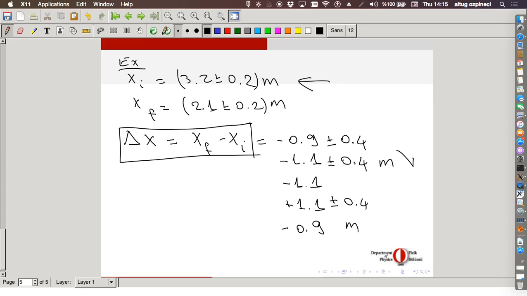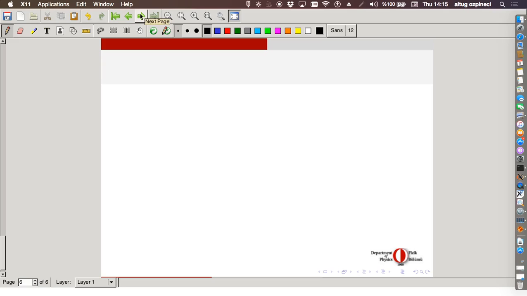Now, any questions on displacement? Okay. Now, we are not always interested in the displacement itself. For example, if you hear that somebody has traveled 1,000 kilometers, well, it would be really fast if he did it in 1 second, but it would be boring if he did it in 10 years. So one quantity that we are interested in is the velocity. We usually define it as the displacement per unit time.